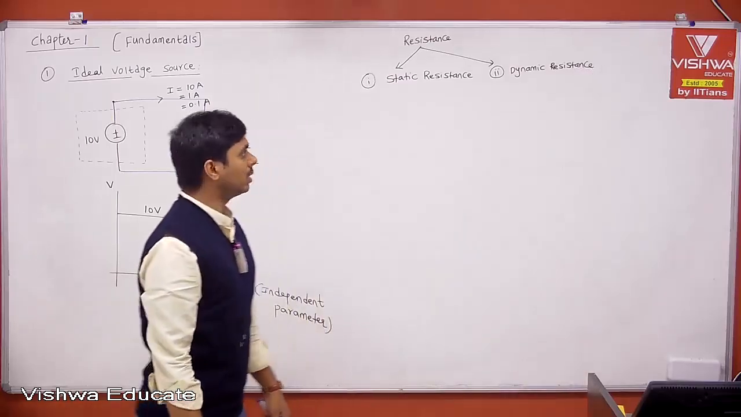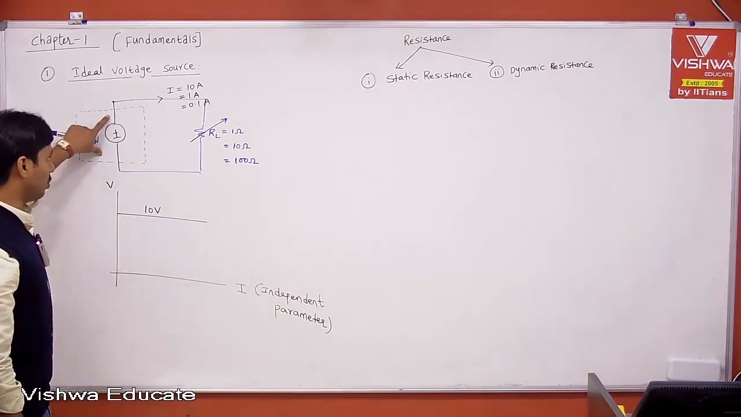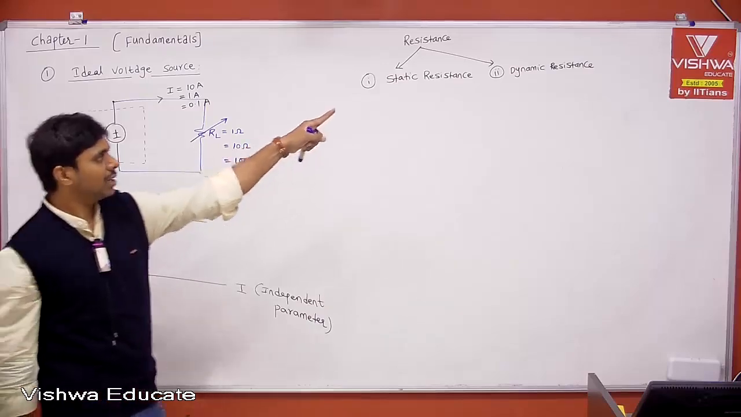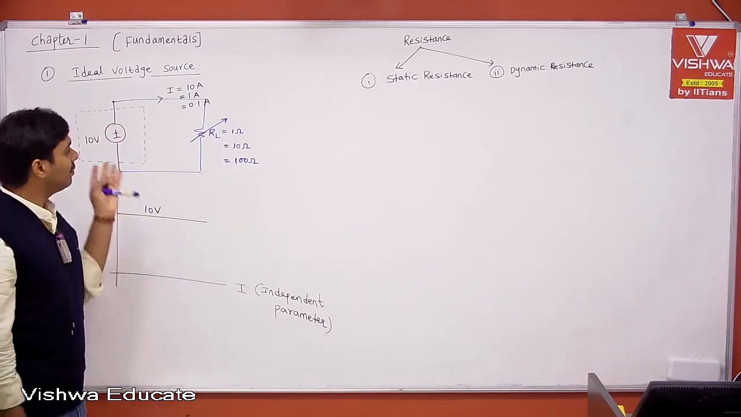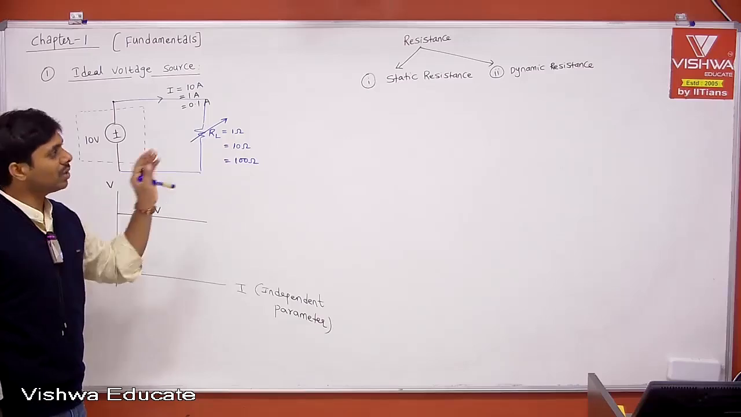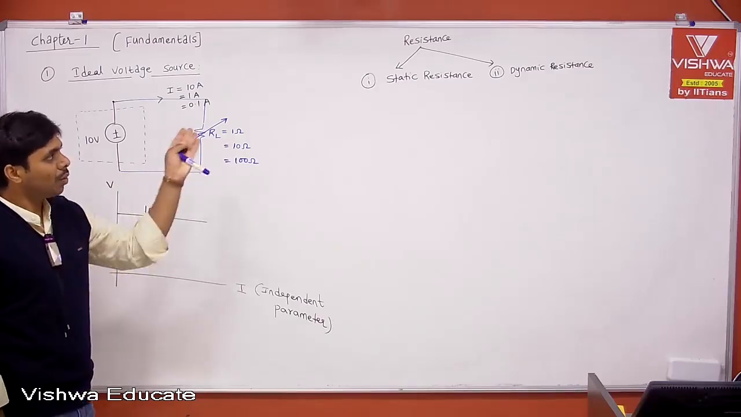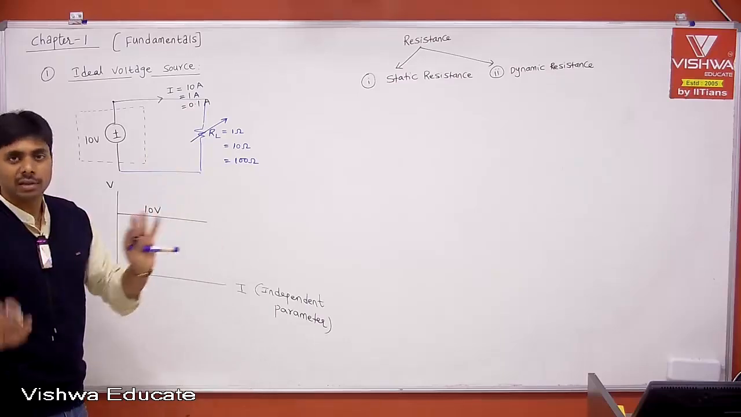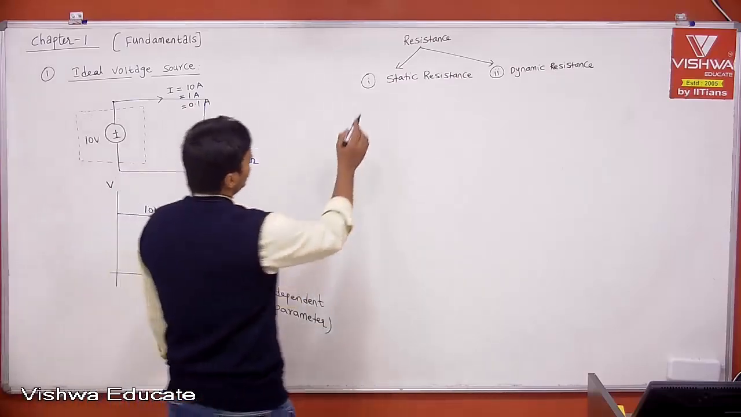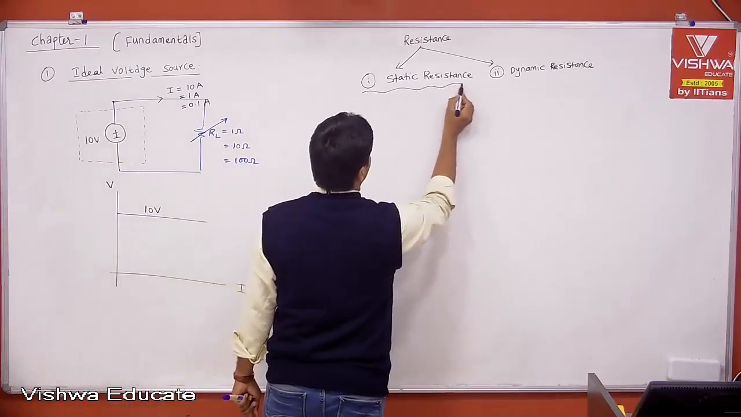Now, let us calculate the static resistance of your voltage source, and let us calculate the dynamic resistance of your voltage source. Which one is applied and which one is valid, and why only one of the two resistances is valid, or are both valid? Let us see. Now, from the definition of static resistance,